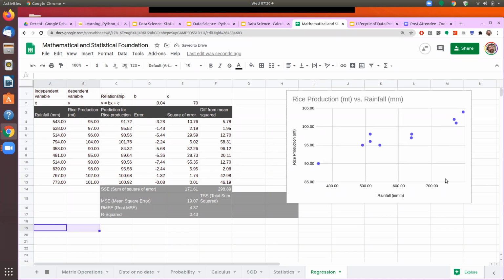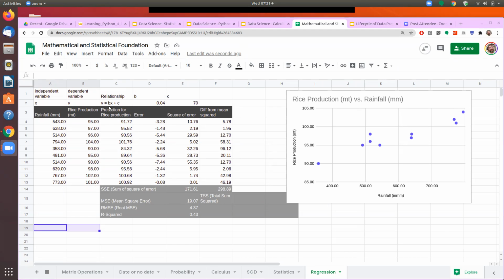So if you plot this, if you make a plot of rainfall, the values of x I am plotting on the x-axis, which is the amount of rainfall, and the actual rice production we are plotting on the y-axis, and this is the kind of thing we get. So you can see that there is some variation, but there is a good relationship.